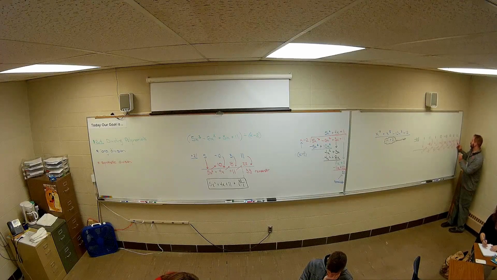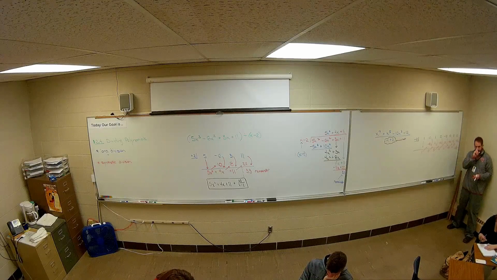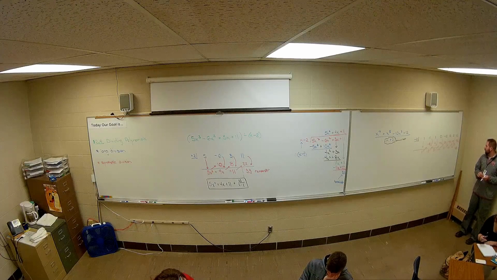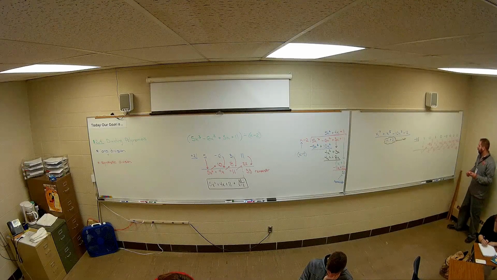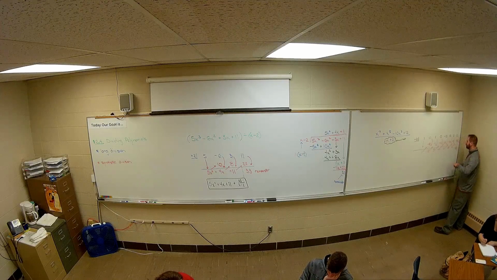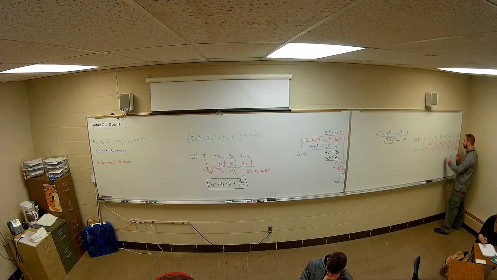So what is that? 68. Negative 68 plus 12 is negative 56... okay, we're good so far. If we were to do long division, that would be my remainder. It would be an actual constant. And now I can go up. So my final remainder is the 68 over what we divided by, x plus 2. But the constant's going up, so we have a 40 out front.